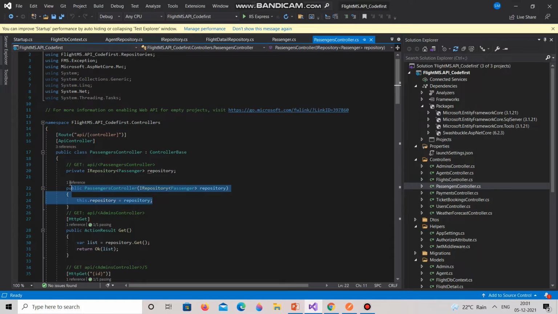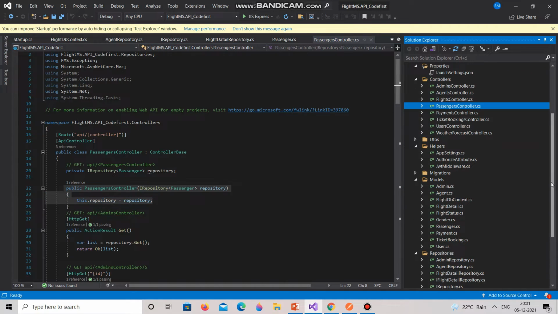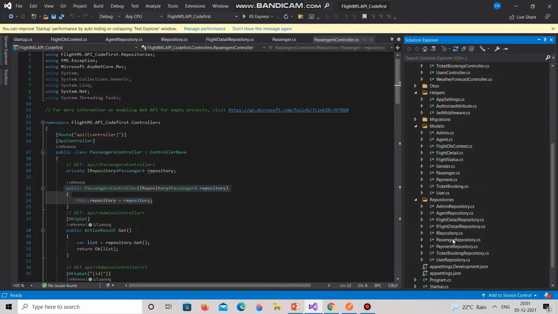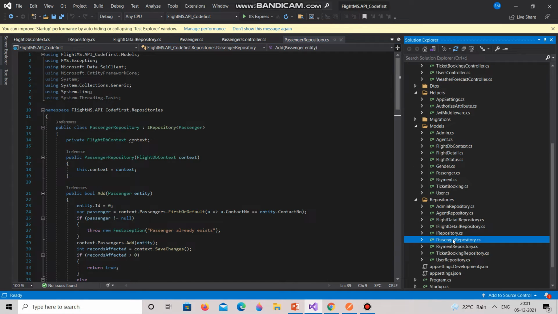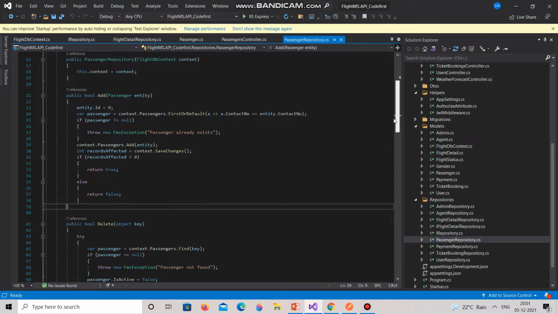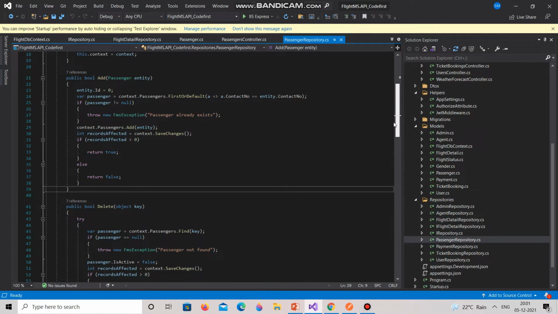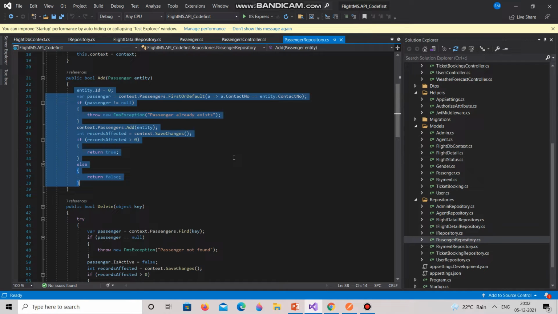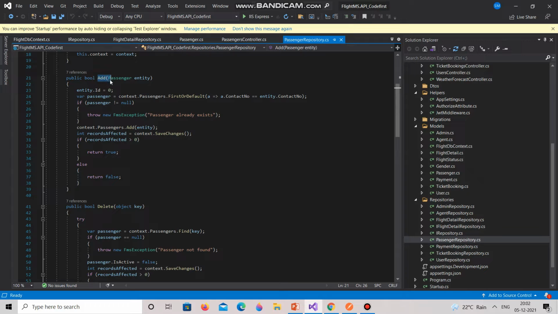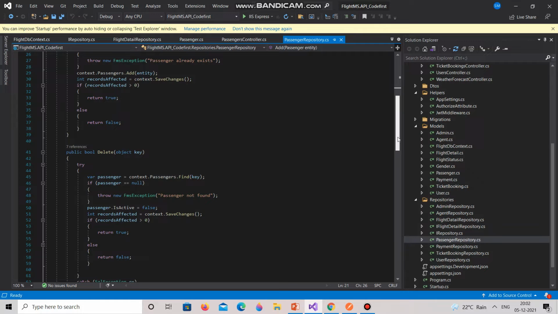And this action will call the repository, and in the repositories we will write all the methods for the respective action. So when we call the add action, we will call the add method in the repository, and then it is called by the controller with the add action. And then, if the validation is successful and the verification is okay, the action will be sent to the web services, and we will get all the results from the web services. So these are the passengers class, repositories and the controller I am showing you right now.